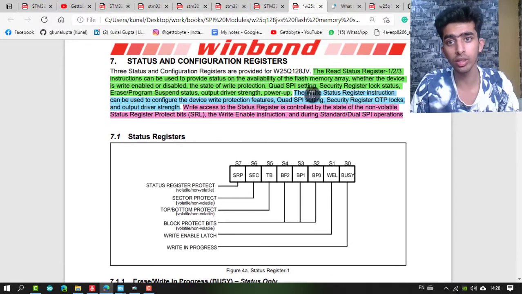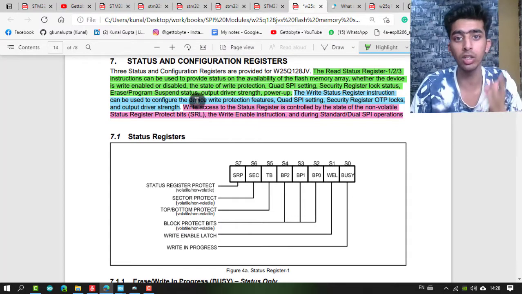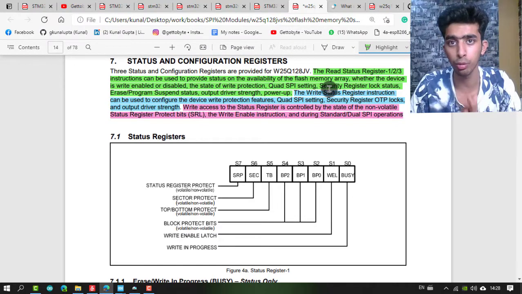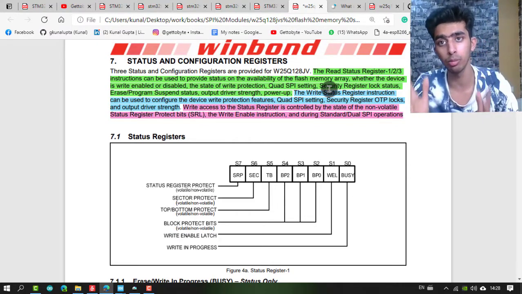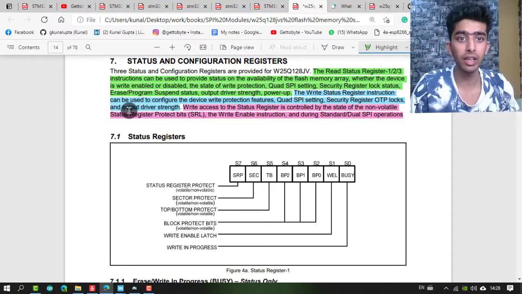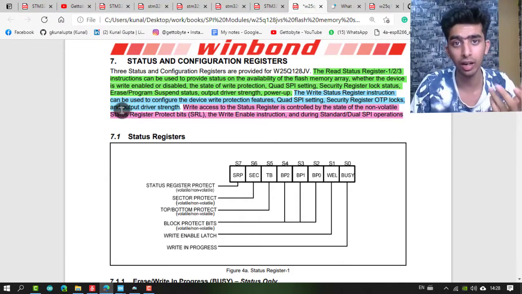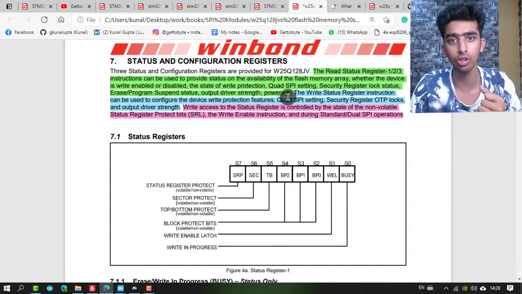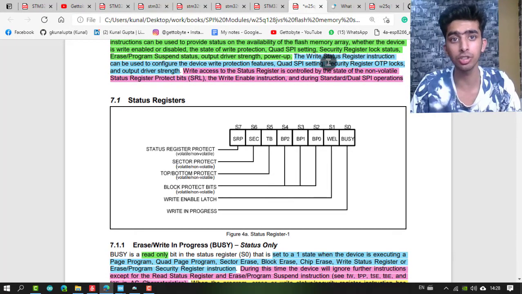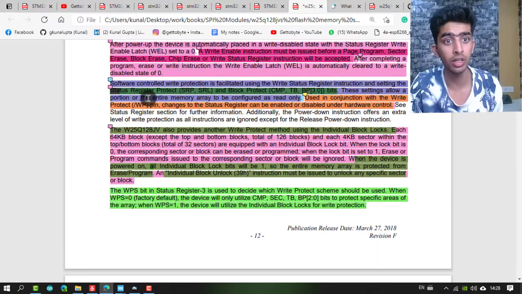The read status register instruction can be used to provide the status of the availability of the flash memory array, that is how much memory is available for reading or writing, and whether the device is write enabled or disabled, busy, the state of write protection, quad SPI setting, and security register lock status. The write status register instruction is used to configure my write protection bits, as I have told you here, the status register protect and the block protect bits.